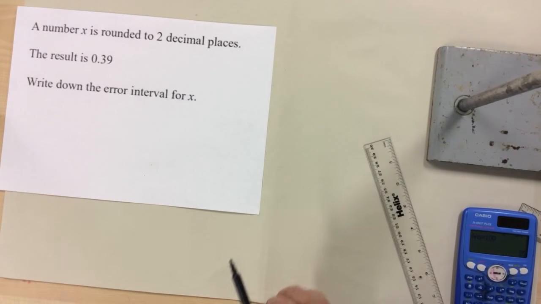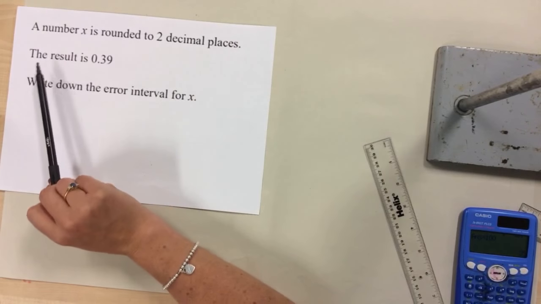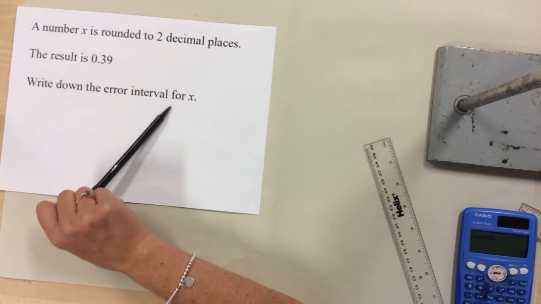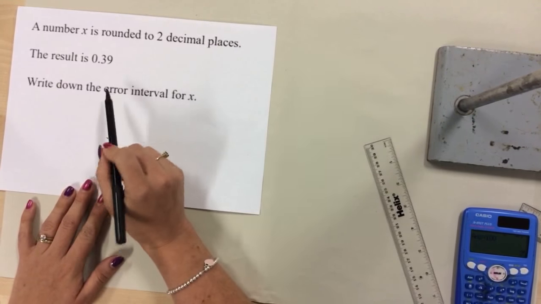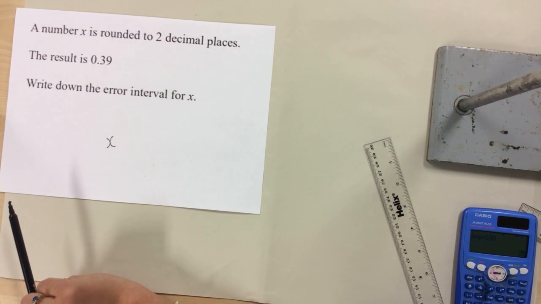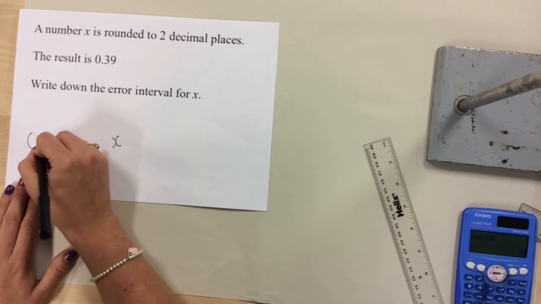Again, another nice question which hasn't come up yet, and I definitely think will be coming up at some point, is a number x is rounded to 2 decimal places. The result is 0.39. Write down the error interval for x. So I know that the number's got to be x, and because it's been rounded to 2 decimal places, it must have started off at 3 decimal places. So what's the smallest value it could be? Well, it could have been